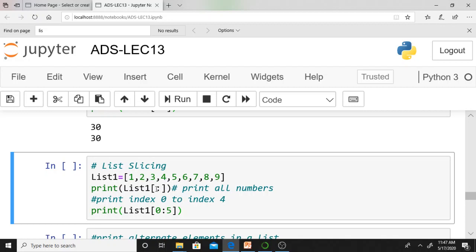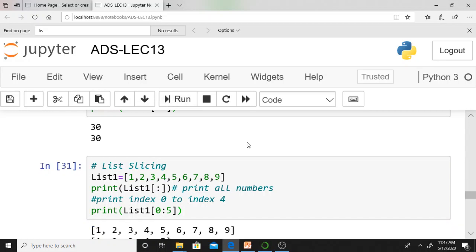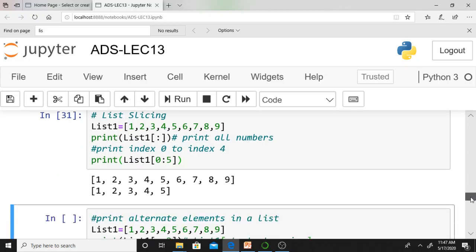Before the colon I am not keeping anything, after the colon also I am not keeping anything, therefore it will display all elements. 0 colon 5 means it starts at 0 and 5 means end minus 1, that is 4. 0 to 4 means it will display elements from 0 to 4 index. If I keep simply a colon, it will display all elements from start to end. That's what this simple example says.